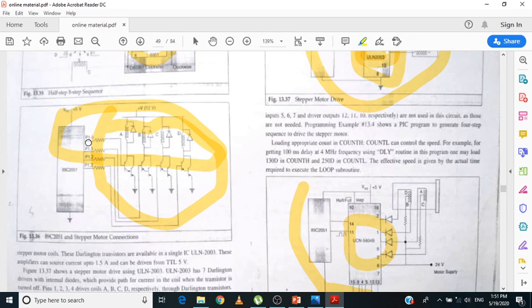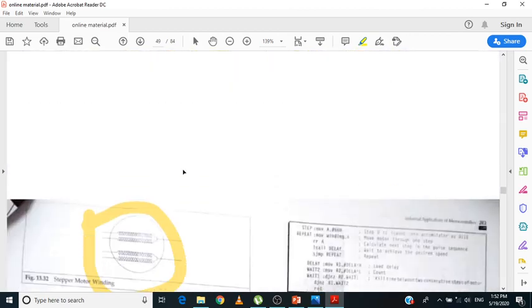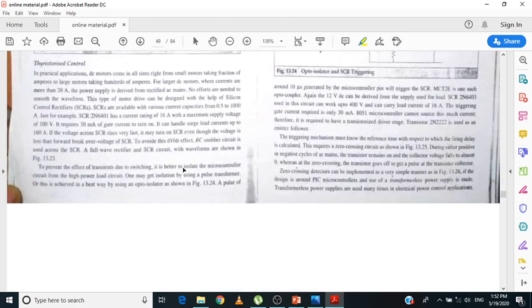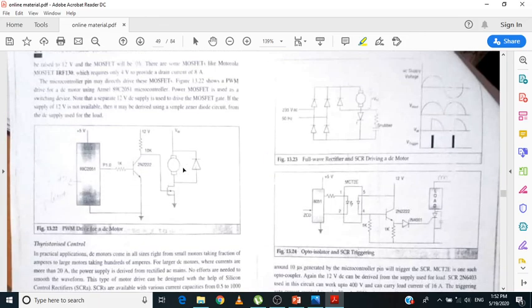As the current coming from the microcontroller is not sufficient to rotate your stepper motor, that's why we are going with current amplifiers. With the help of the current amplifiers, we convert the low intensity signal, that is in the milliamperes range, into the 1 ampere range, which will satisfy your motor to rotate. Okay. So this is all about your stepper motor, and which diagrams you are supposed to draw in the exam. I explained that one.